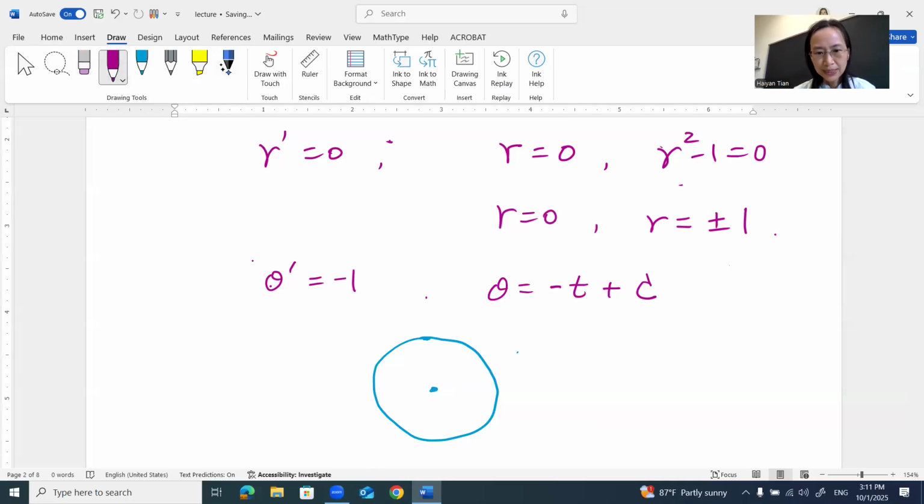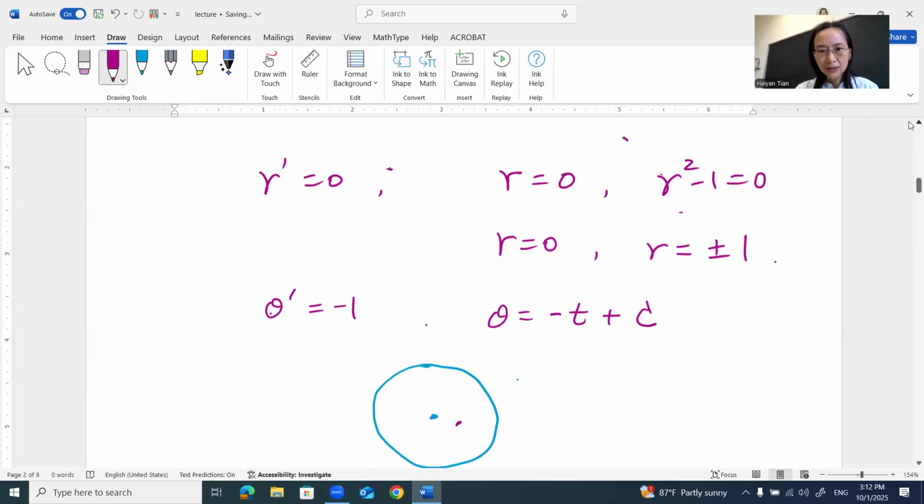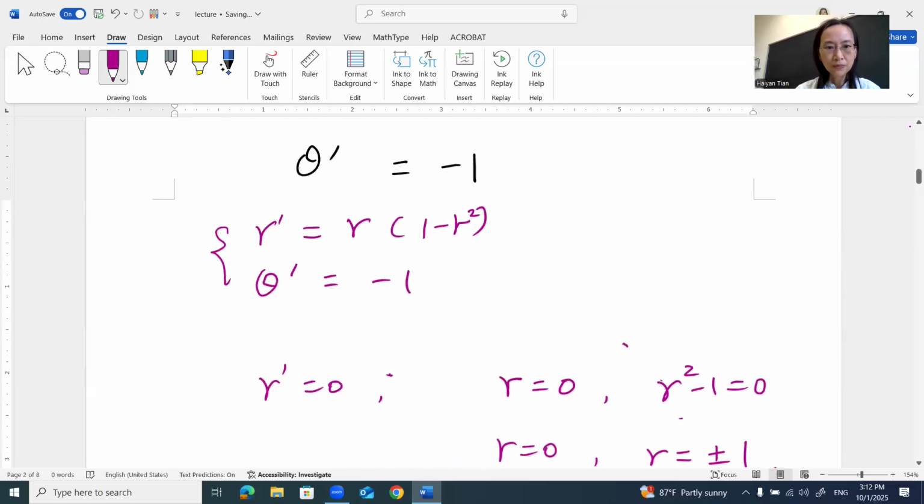So suppose we have a solution curve that is inside the limit cycle. Let's try to discover the behavior. If we have a solution curve starting from this point, what will be the behavior of this? And don't forget, we have that equation that can help us know. So this is our current system. So suppose your integral curve is in the limit cycle. That means